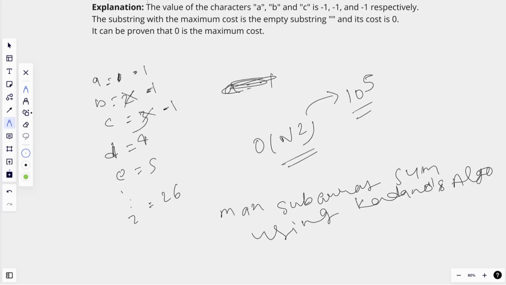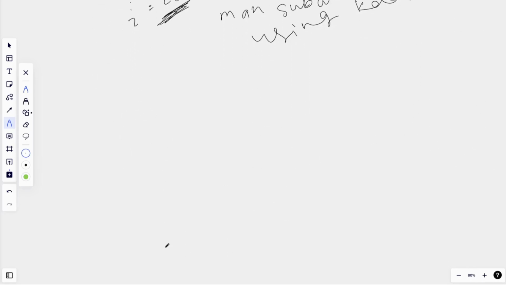So after creating this map, this problem is very easy. We just have to apply the Kadane algorithm. And what Kadane algorithm